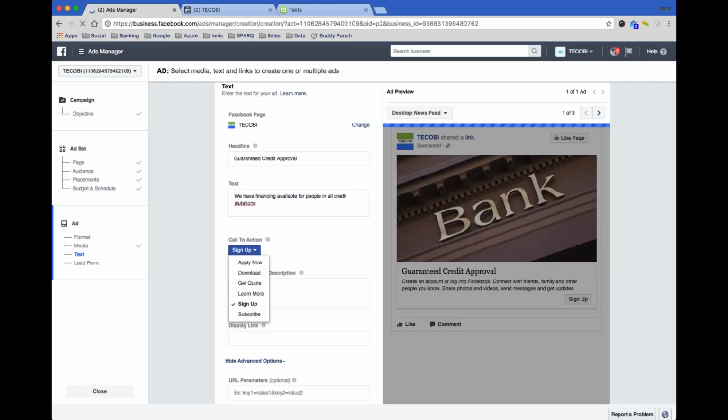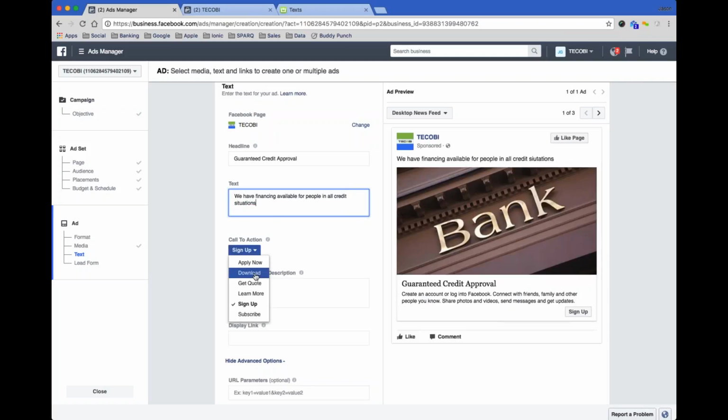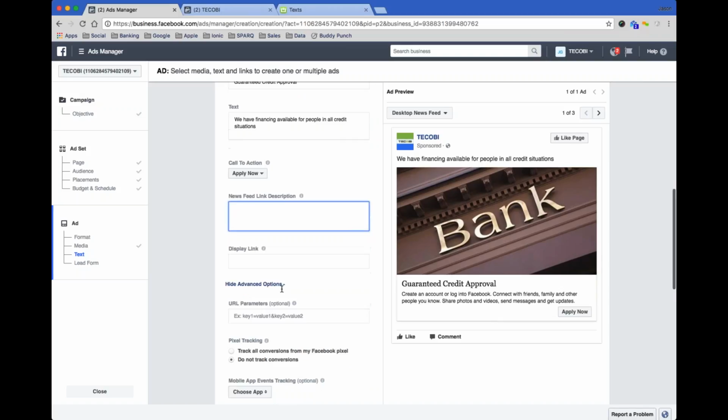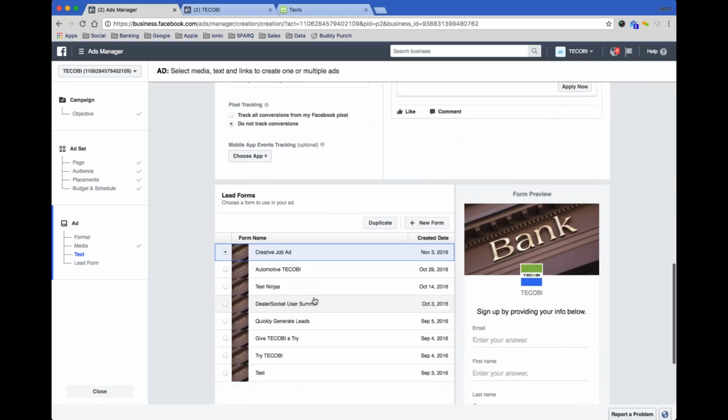So you go through your ad. There's really two buttons that I use, and I'm not going to spend too much time creating this ad because a lot of you probably already know how to do this. But I mainly use the Get Quote and the Apply Now. You can use the Learn More, but the Get Quote and Apply Now really applies for the automotive industry, in my opinion. Just depends on the type of ad. So, for example, on a credit approval ad, I would choose the Apply Now. Then you would give it a description, give it a link.